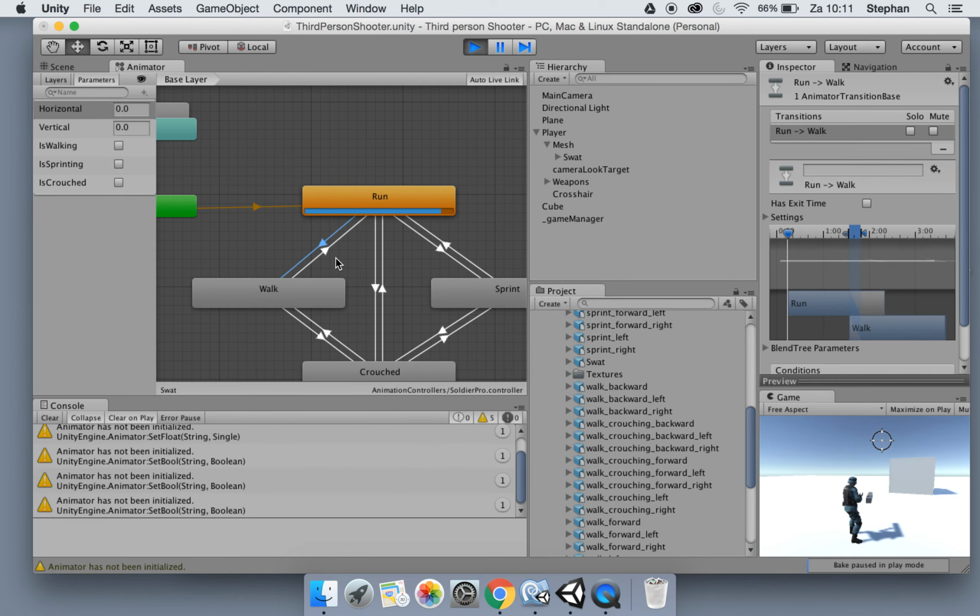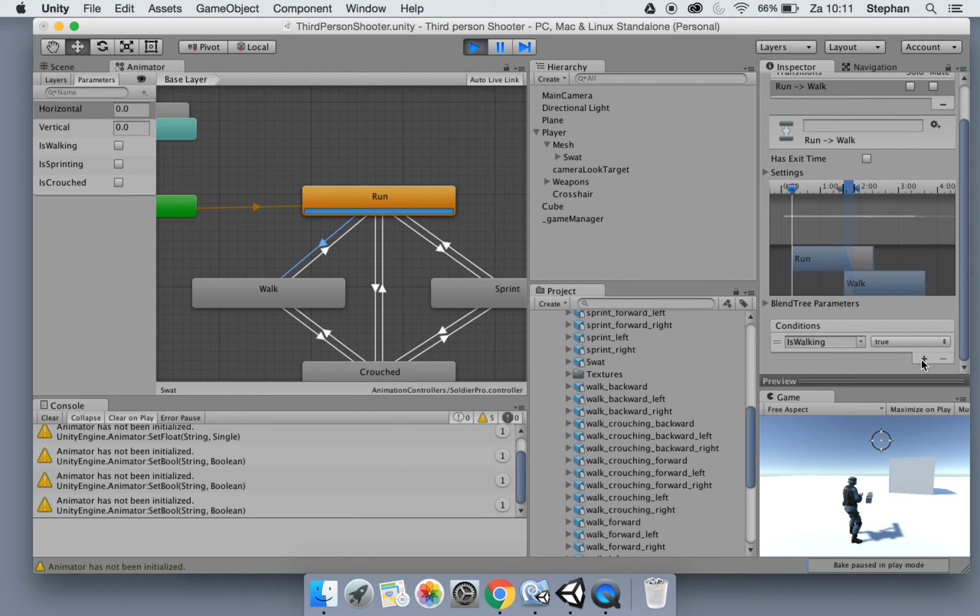So in this transition from the run to the walk, we just say sprinting false. And now if I hit Alt and walk and start to sprint, it will move. No, it doesn't. It still stays at